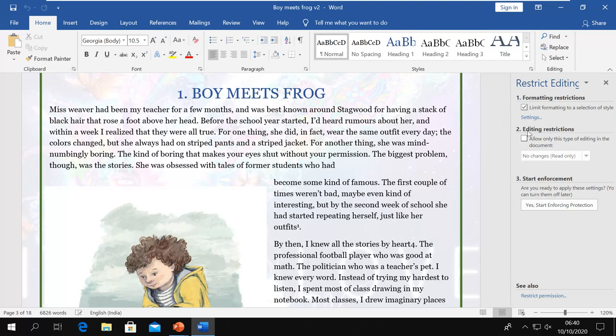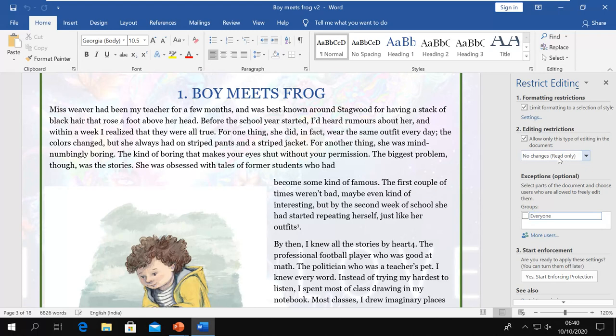Now you can give for editing restriction also. You can select allow only this type of editing in the document. You can decide what type of editing you want to allow. So you can allow them to track changes, you can allow them to do comments, filling in forms, you can allow no changes. No changes, that means nobody can do anything.